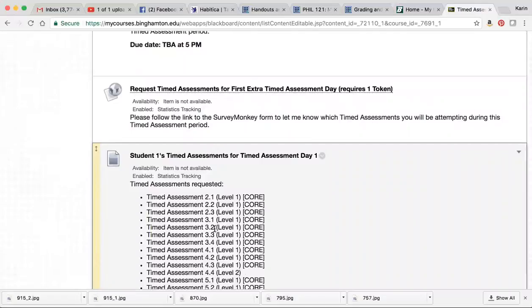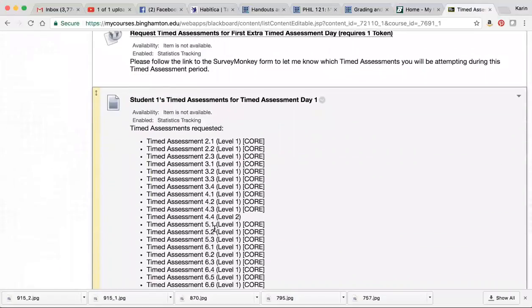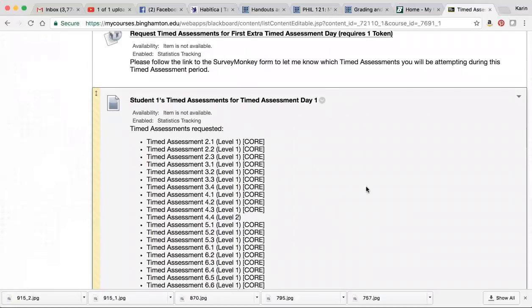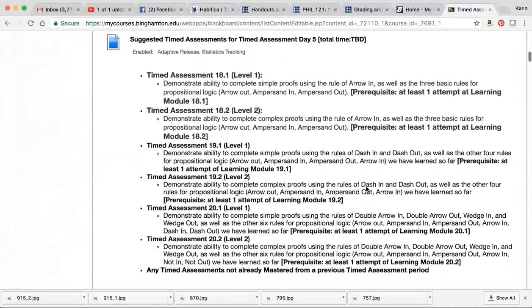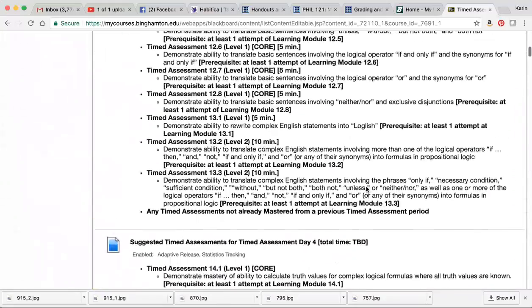And this list will be modified so that it fits what you requested. So you'll have a list, and this list will be visible only to me and to you. So each student, when they go to the page, let's say it's timed assessment day 1, or it's getting ready for timed assessment day 1, what you will see